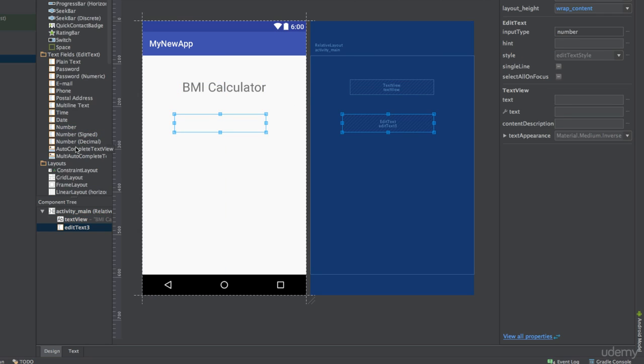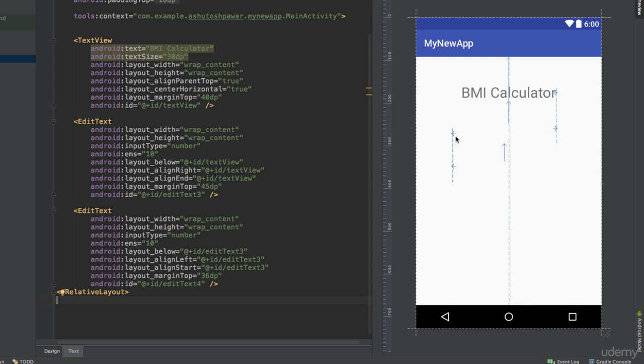And we do need to have one more edit text right below it to basically accept the weight of the user. So I'm again going to drag another one and drop it right below it over here. Okay, so once we have these things, we are pretty much good to go. Now the next thing which we need to do is give a hint over here so that the user actually understands that he has to enter the height over here